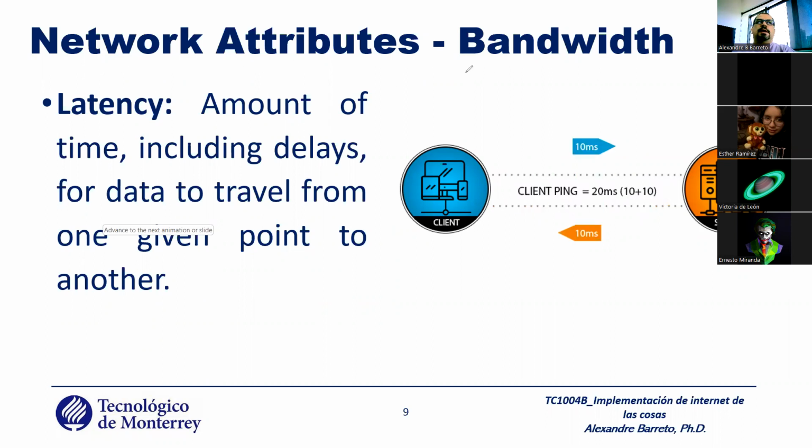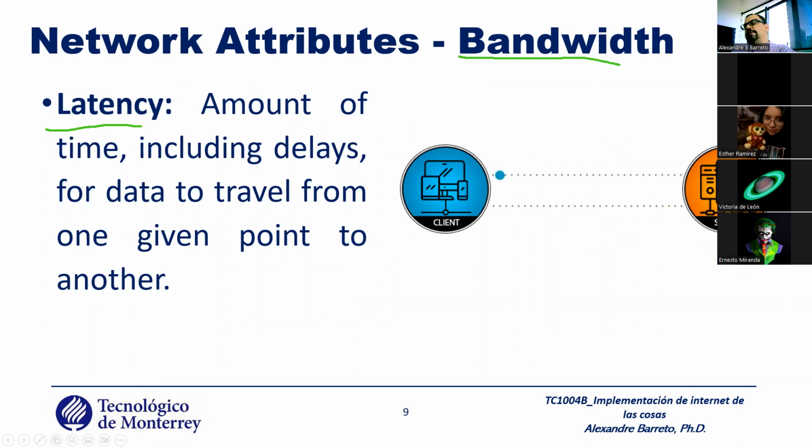Another important attribute related to the bandwidth is the latency. The latency is the amount of time, including delays, for data to travel from one place to another. For example, here you have a client and a server. You send data to the server and receive the reply. The latency is the time that you spend to go and to come back. If you open the terminal in Windows or in Linux,